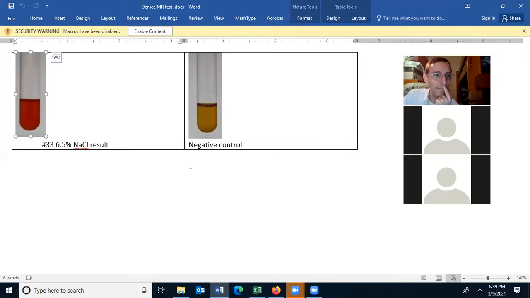Something's wrong here. I got my files mixed up. This isn't sodium chloride. This is MR test. I can tell by the color. And it does say MR test, but for some reason I've got sodium chloride. So I must have sent you a sodium chloride result,